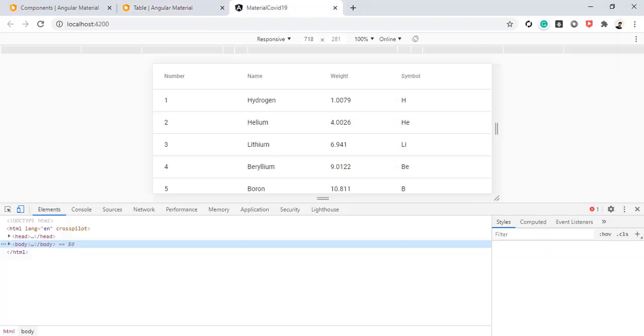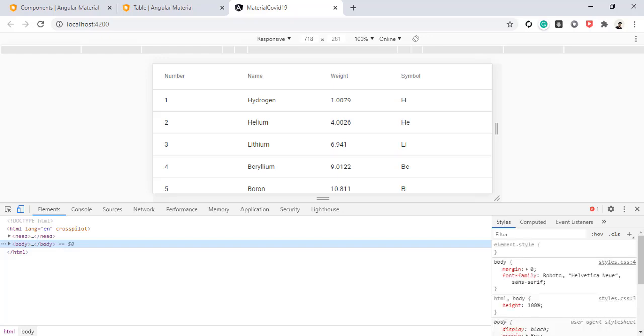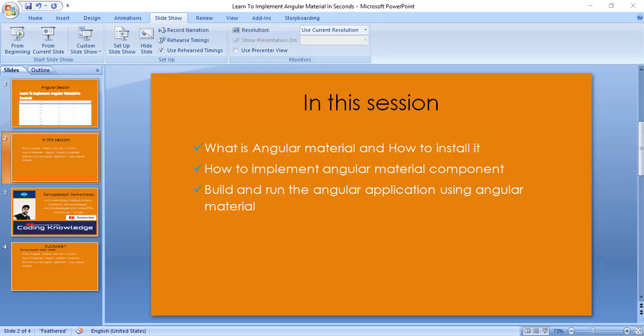So this is our final output of Angular Material using an Angular project, and this is very page responsive. This works like Bootstrap, and it has a very easy look and feel, and it will give this very beautiful, responsive UI design to the Angular project. So till now, whatever we have learned is